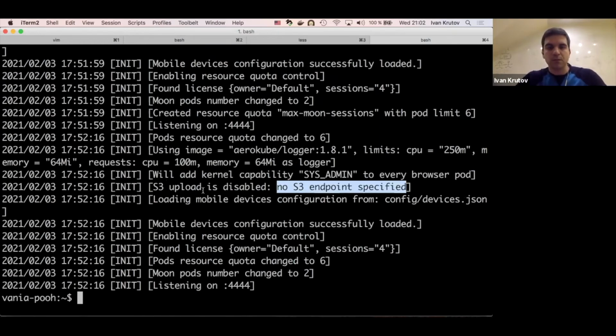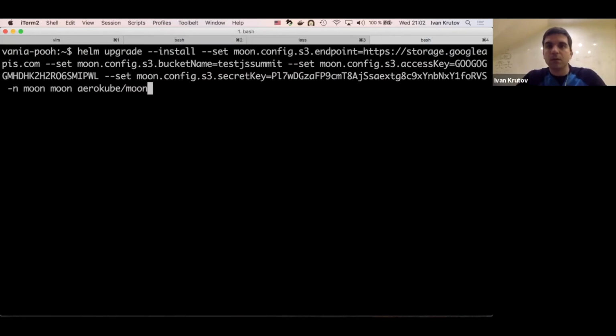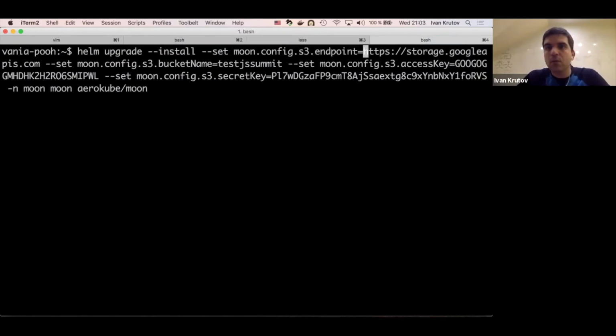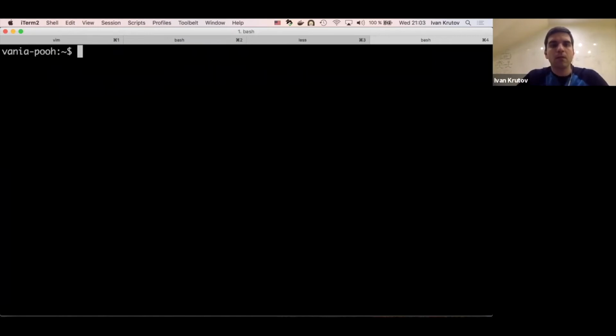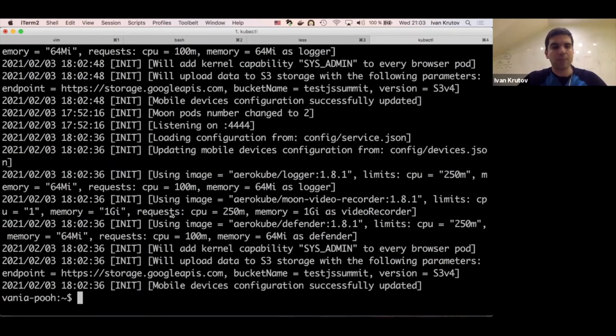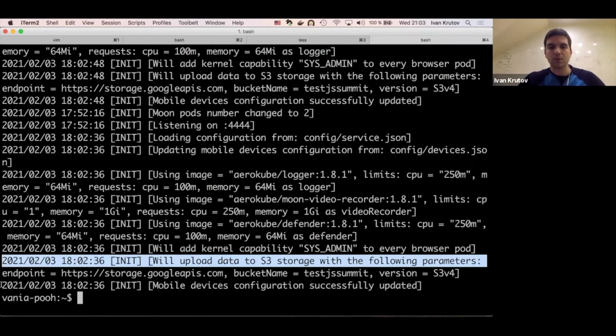Let's try one more time. There is an issue in the command. Moon config S3 endpoint. Let's check one more time. I think we just didn't wait a sufficient amount of time. Yep, we just needed to wait more time to see that